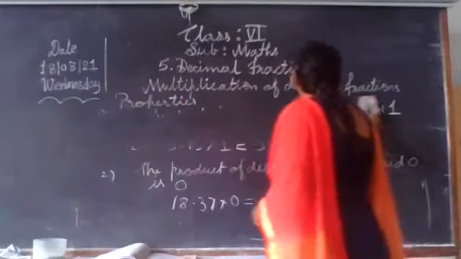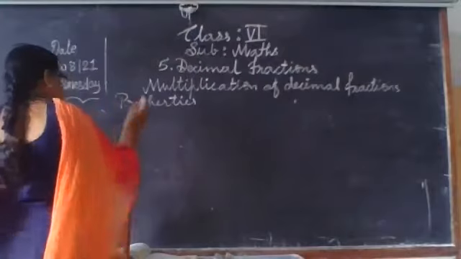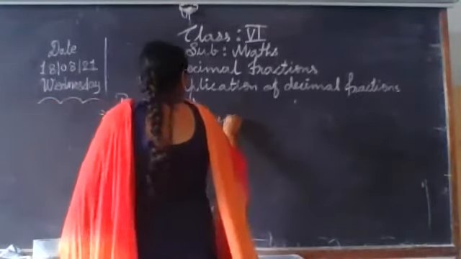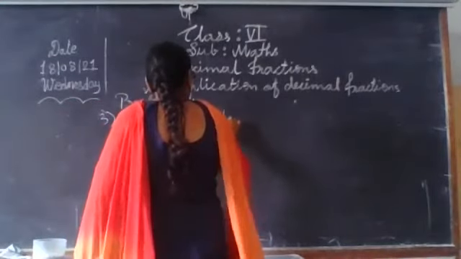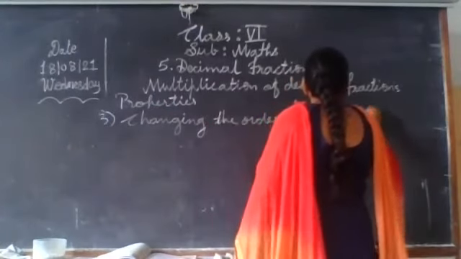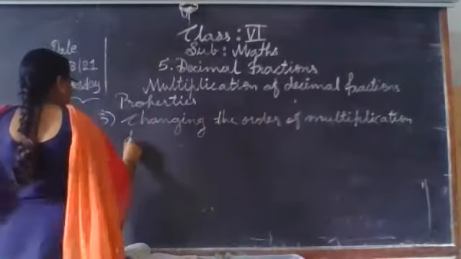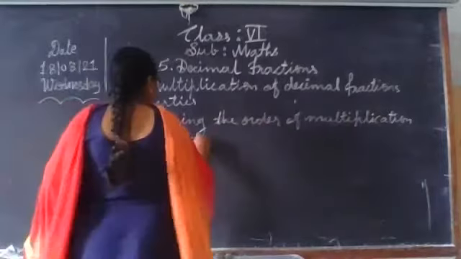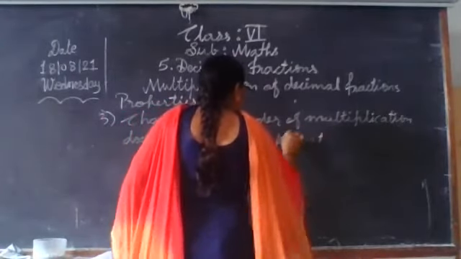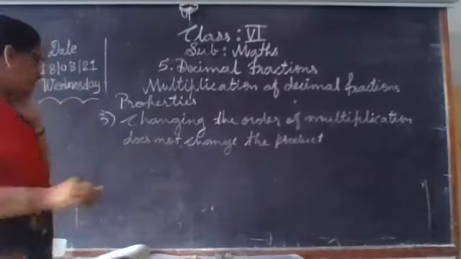Third, changing the order of multiplication does not change the product. So here you will take more than 2 decimal fractions and change their order, and every time you get the same product. For example, see,